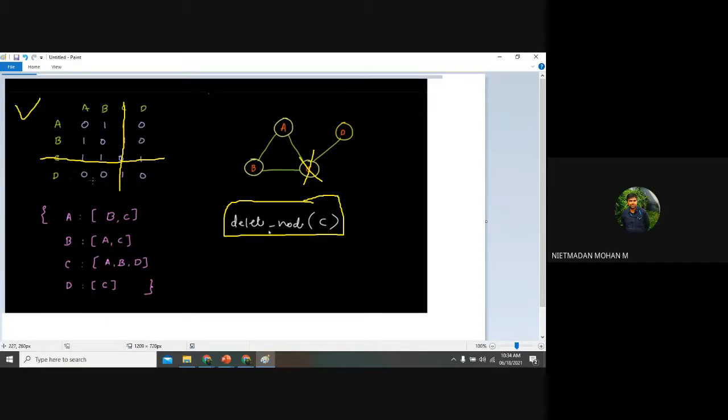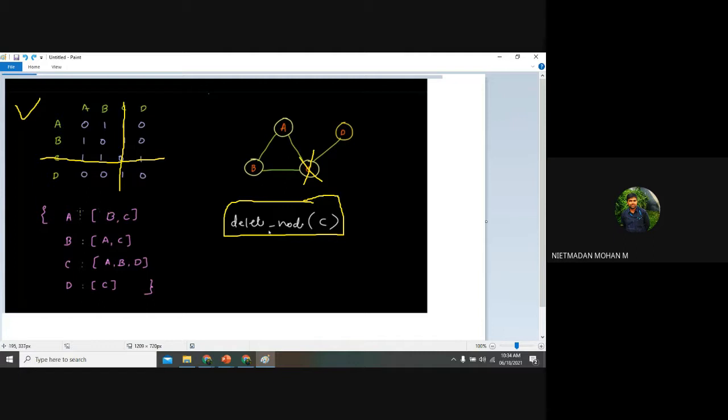After deleting this, we are not creating any edges for the remaining node D, and node D will always remain 0 if there are no connections. So when you are deleting a node from a graph, it will automatically delete the column and the row of that particular vertex in the matrix, as well as all the list items inside the list.